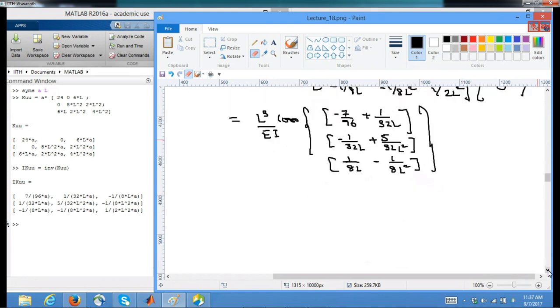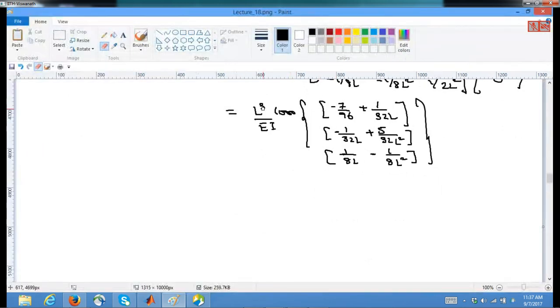So if you just put your corresponding L, EI and the other values, that only EIL, you can